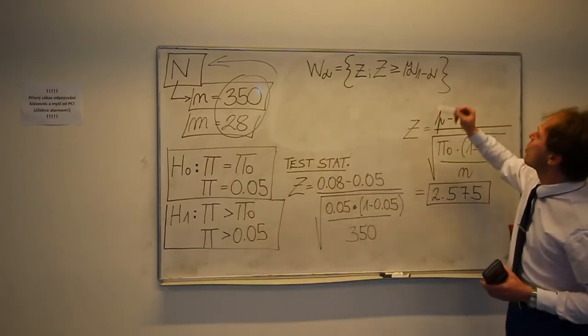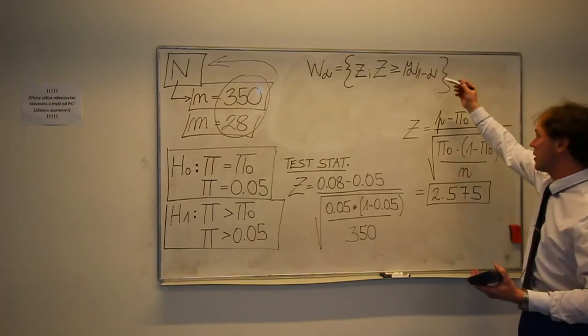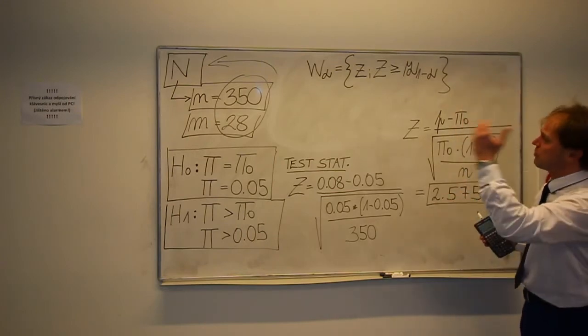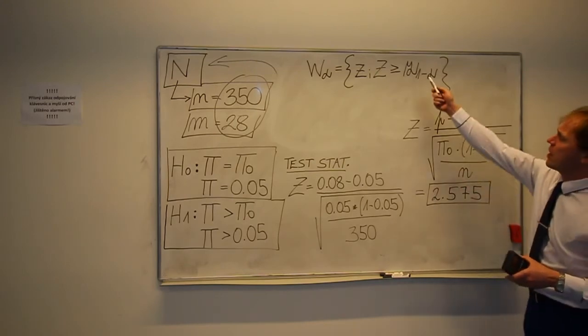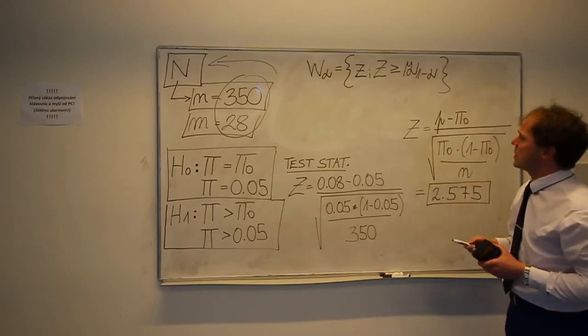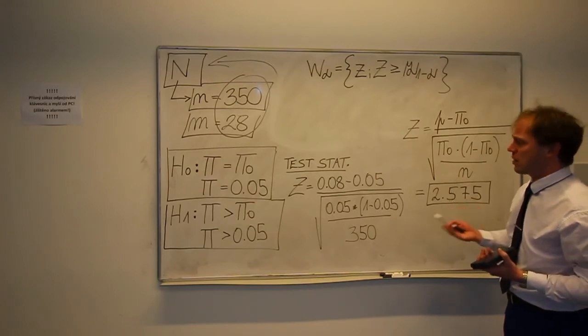It's different from the previous example. So if our test statistic is higher than this critical quantile, the zero hypothesis must be rejected at the particular level